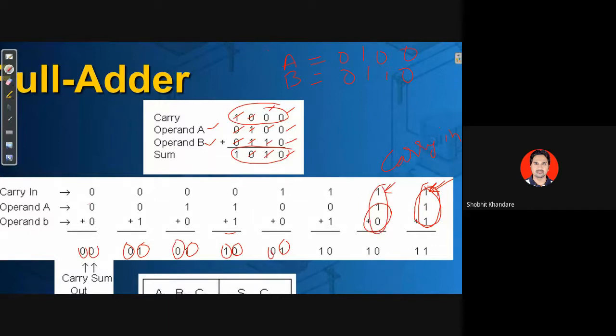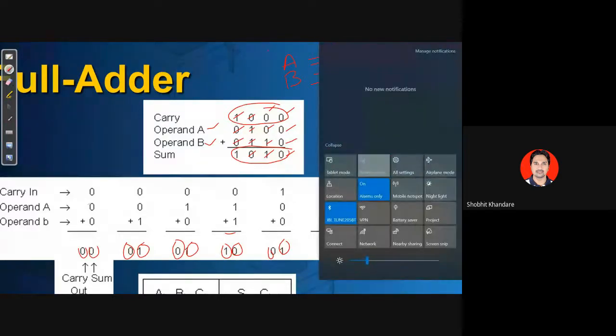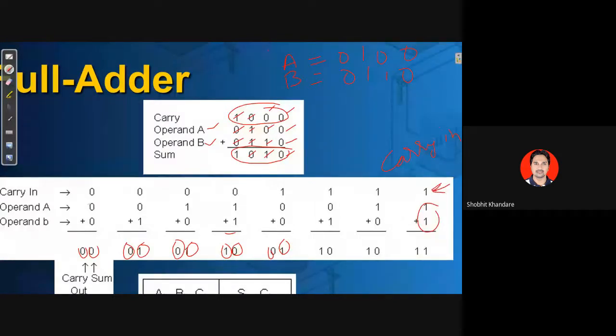Now if you are adding 1 1 0, then the sum is generated and the carry will be generated. Now suppose this carry is carry forwarded here. Okay, so वो scenario case है. See here now, the scenario case है, if you are adding 1 plus 1, ये पिछले से आया है. If you are adding 1 plus 1 and there is addition of 1 carry which has come from the previous addition, then 1 plus 1 plus 1. So 1 plus 1 is 0, 0 plus 1 is 1, and the carry will be generated. So this carry is taken forwarded.